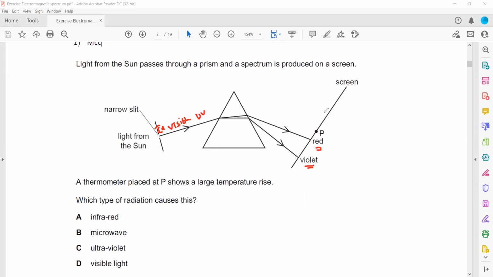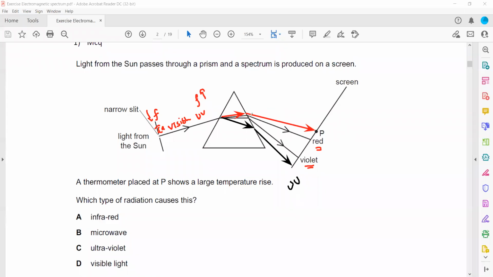So when we compare ultraviolet, infrared, and visible, ultraviolet has the highest frequency and infrared has the lowest frequency, and visible is in between them. So the ultraviolet will bend more than violet, and infrared will bend less than